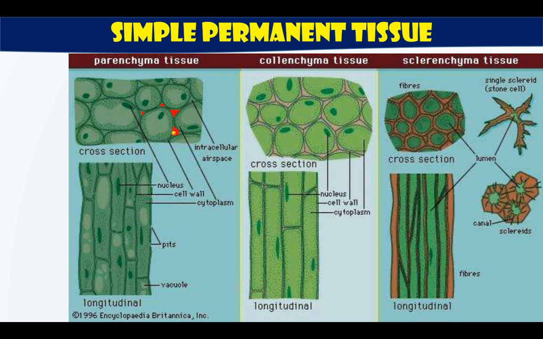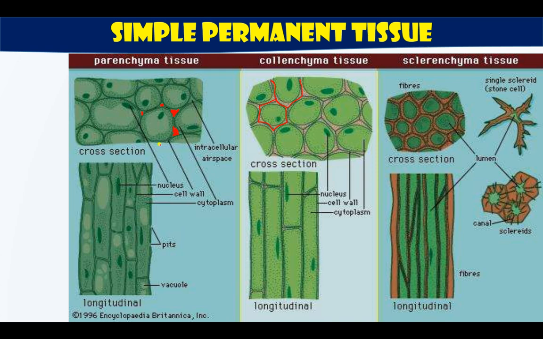Right. The cell walls are thin and there is some space between them. Now here the cell walls are thin. This is actually the cell wall. This border which is shown over here, that is the cell wall. Then this is another cell wall. So there is no intercellular space between them, and the cell wall is also quite thick. And here the cell wall is yet thicker. Right, there is a lignin deposit over here, and a much thicker cell wall is over here. Sclerenchymatous tissues are actually dead.